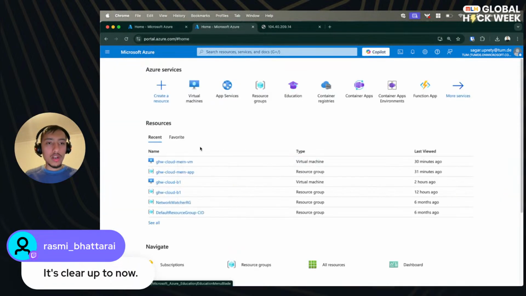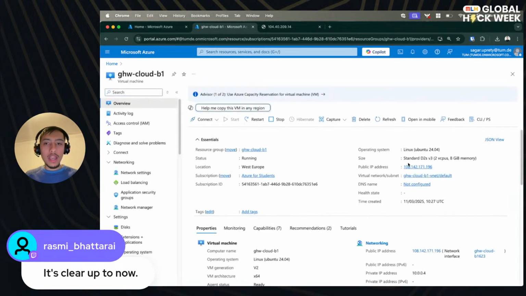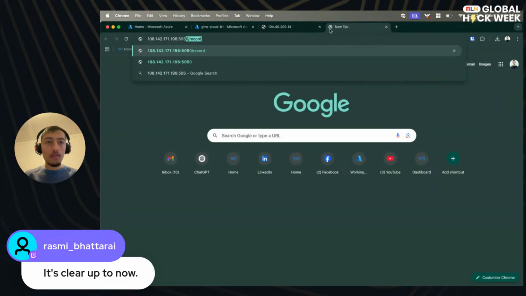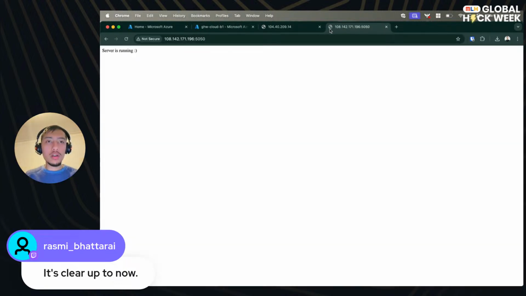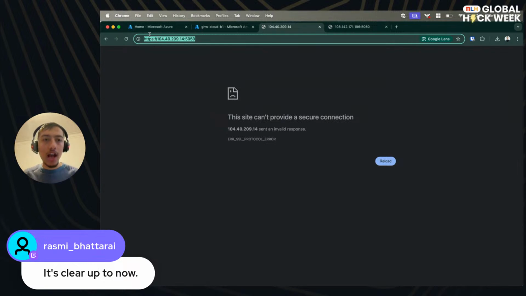So I can quickly show you another VM where I have already configured this, and this is the VM on which I already have installed the application. So if I open the 5050 port on this one, yeah, you can see that we should have gotten this message instead. Yeah, so let us come back to this specific IP that we deployed live in just a moment,